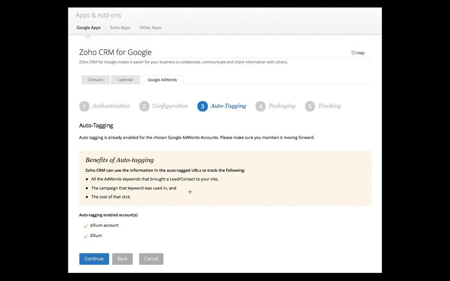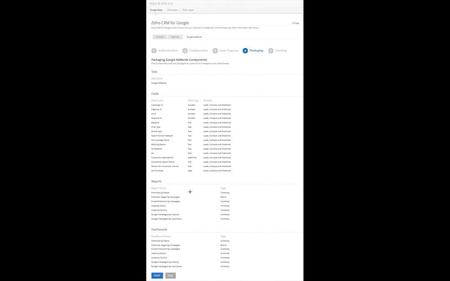Now, once we enable linkage of the Google AdWords account with the CRM system, technically in the back end what happens is we'll be enabling something called auto tagging, and these are the details that are mapped directly as a result of this integration with CRM. Now, if you notice, there are the campaign ID fields, the ad group ID fields, the ad ID fields, and so on and so forth.